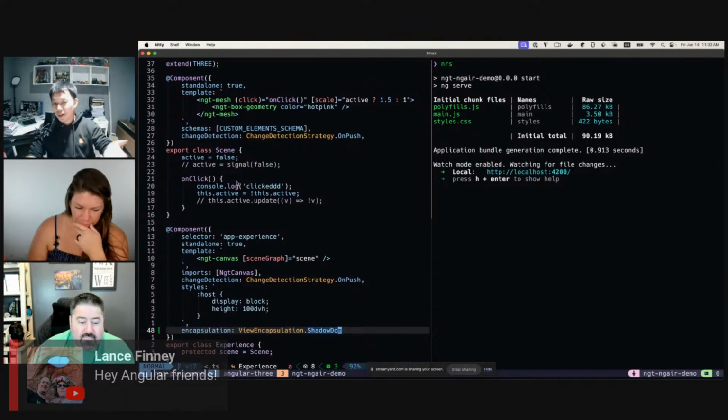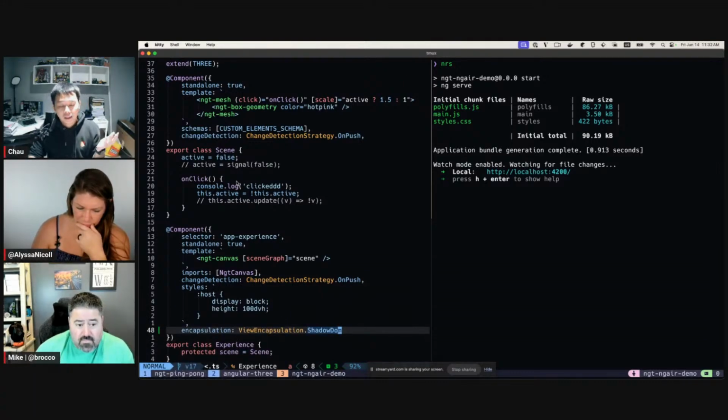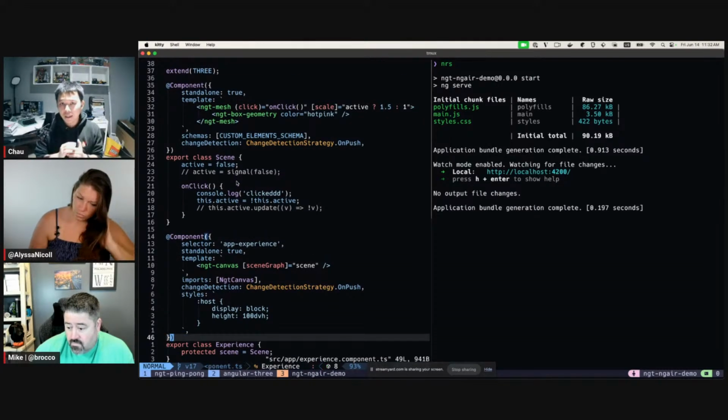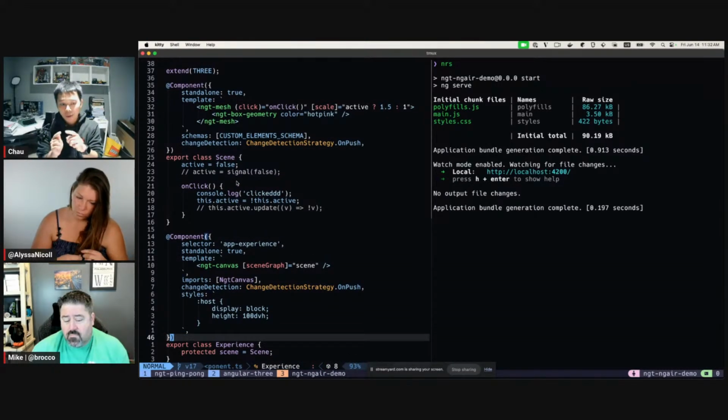So this component says, oh, this component has to work with the shadow DOM view encapsulation mode. That is the shadow DOM renderer. So Angular already has the mechanism of associating a renderer with a specific component.